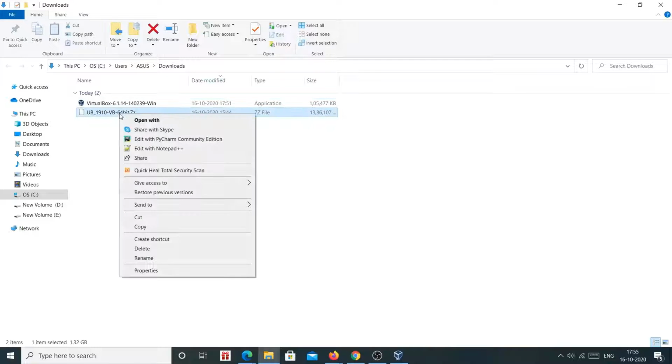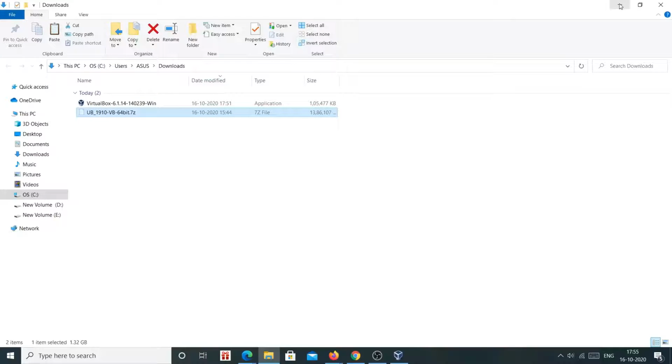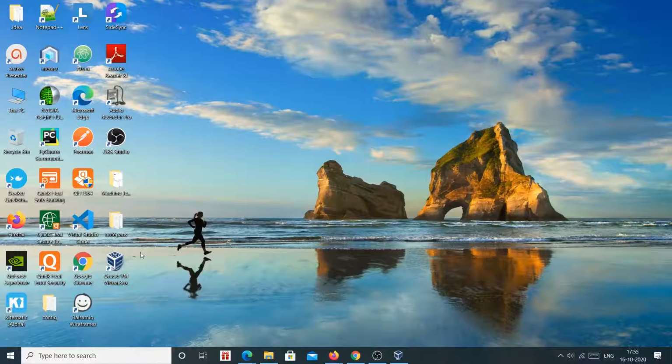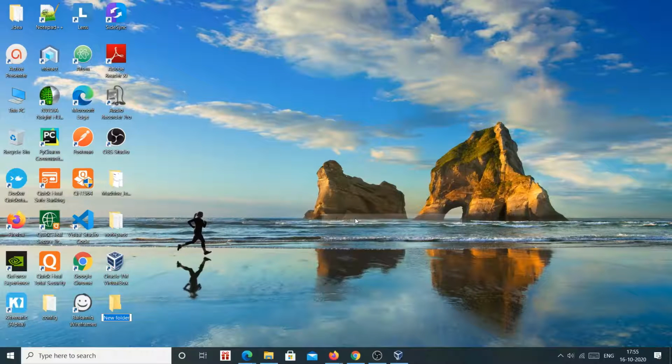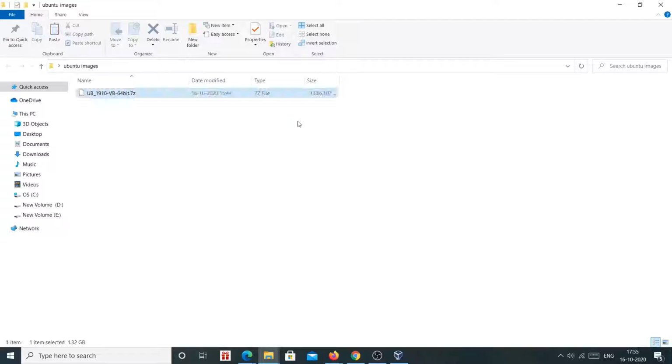What we need to do is simply cut it and create a separate folder here on your desktop or wherever you want to store that image. For demo purposes, I am creating it here, Ubuntu images. Paste it here, right? And you can see that it's a 7Z archive, and in order to extract images from this 7zip file you need to install